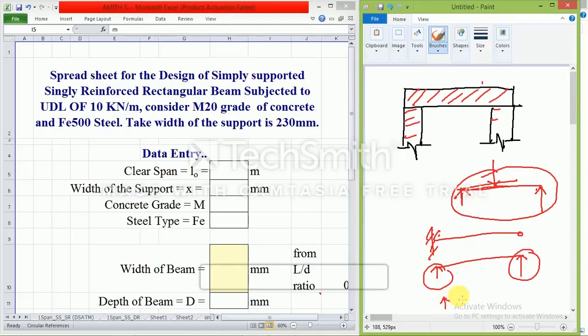So if it is continuous like this, then it is called as continuous beam. And one more we can call it as an overhanging beam, that is one end is supported at the end, other end is not supported in the end, and some portion of the beam is overhanging. This type of beam is called as overhanging beam. But according to the question, they have been given simply supported beam.